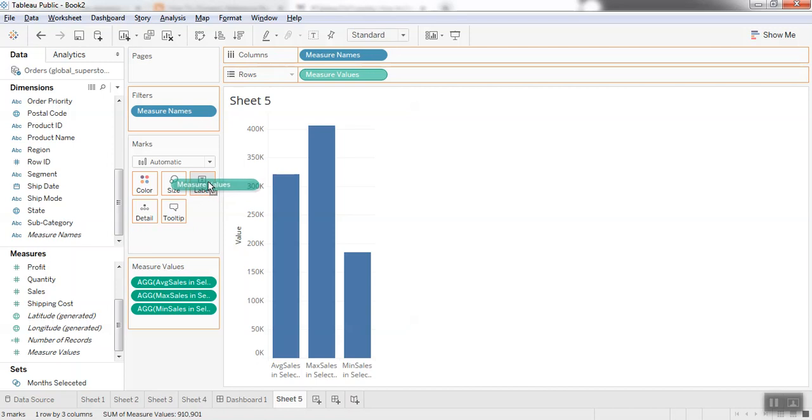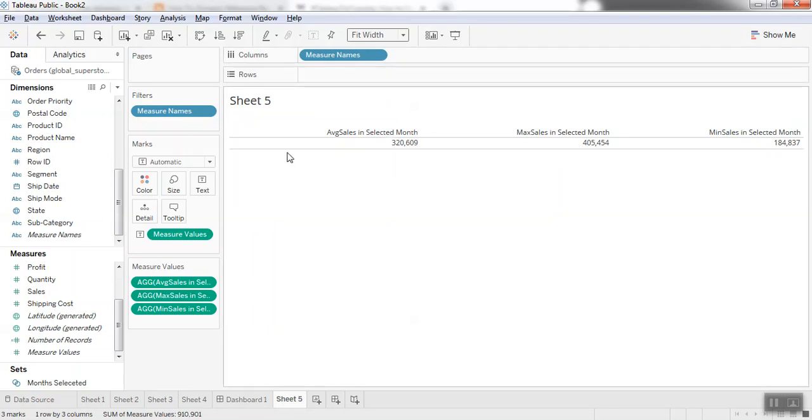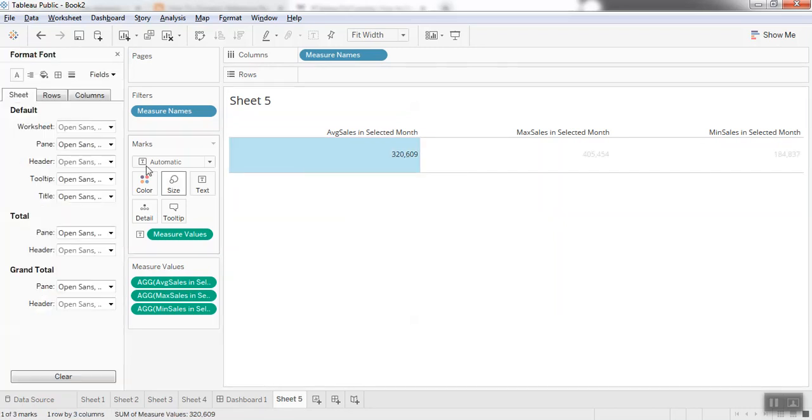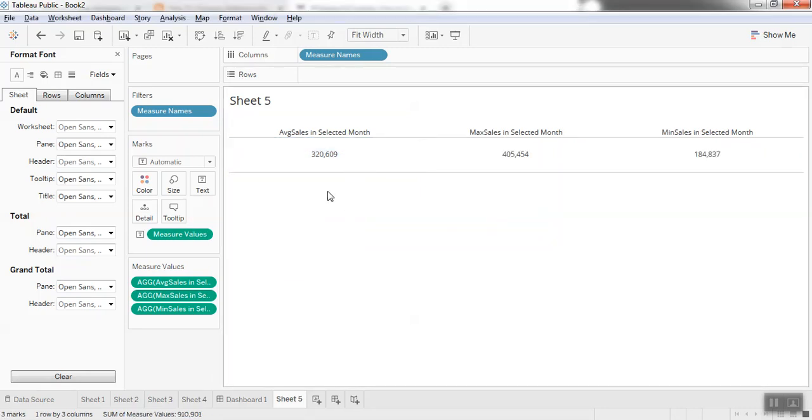And there you go. So let's bring it to the text. Yes, and let's try to fit the width. Increase the width a bit, and then format it and align it. Let's go to the text, align it to the center, and there you go.